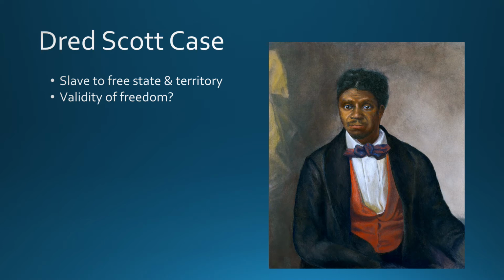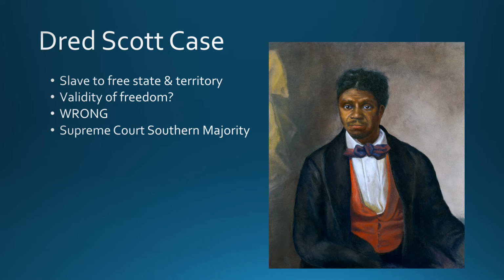And again, it will be ruled on by local courts and state courts, and there'll be a lot of back and forth. And then finally, it's so contentious, with so much back and forth over whether or not he was free or slave, that it will actually make its way all the way up to the Supreme Court. Okay, so his argument is presented. Again, his freedom does seem relatively valid. It does seem like a valid claim, right? I mean, if slavery only exists in the slave states, yet he moved to a free state and a free territory, shouldn't he be free? No, wrong. And this is the decision of the Supreme Court.